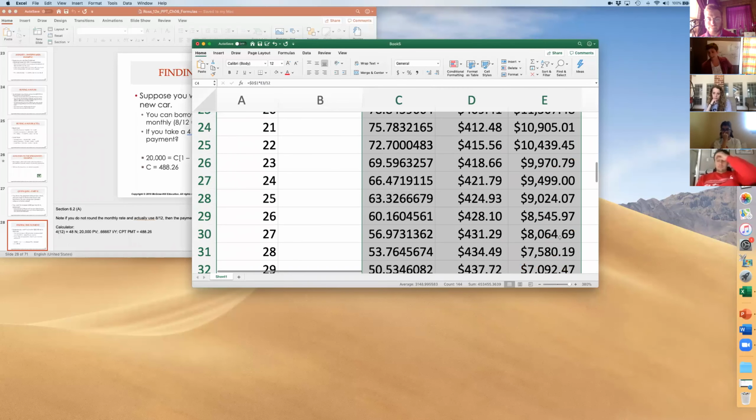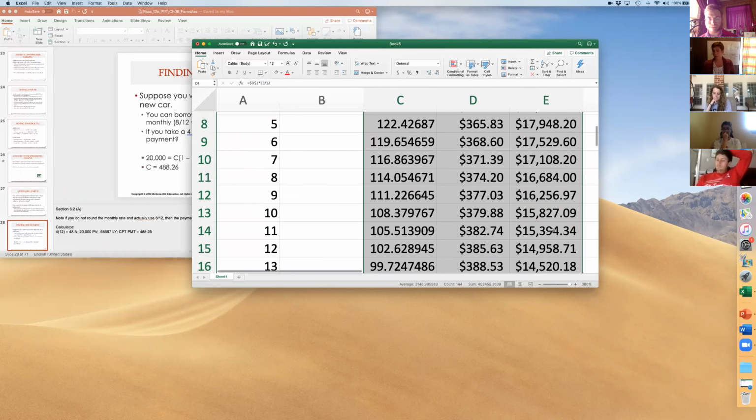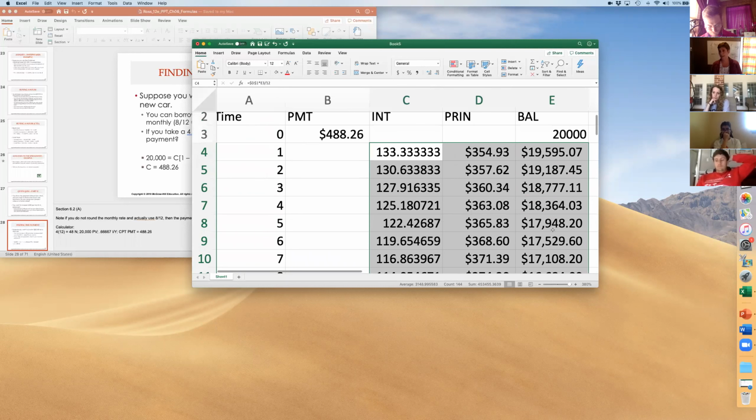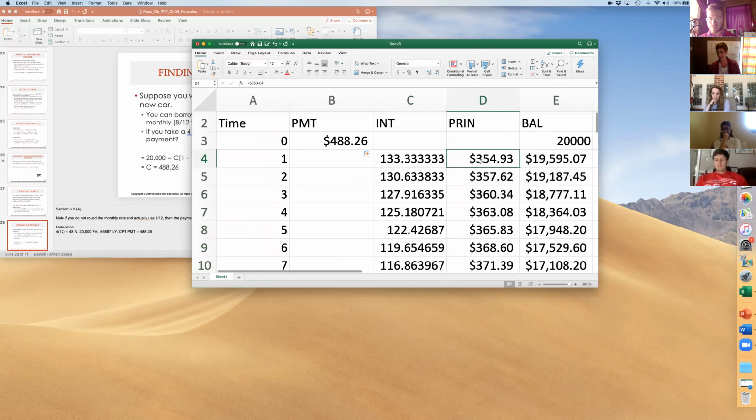Now, the one thing I really like about being able to do this yourself, rather than actually depending upon your banker to give you your amortization table, which they're legally bound to do, is that you can actually do these what-if scenarios. You can go in and surgically say, well, I can't afford $50 a month every month,